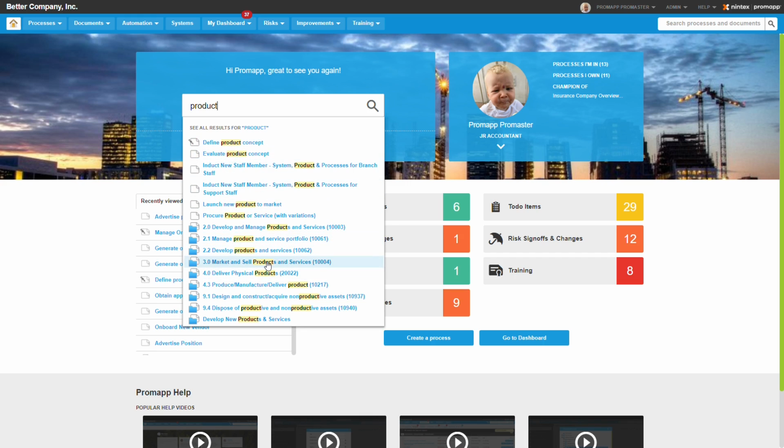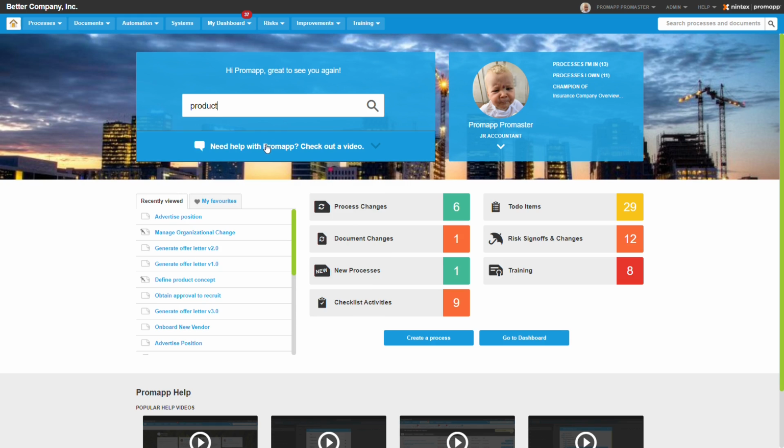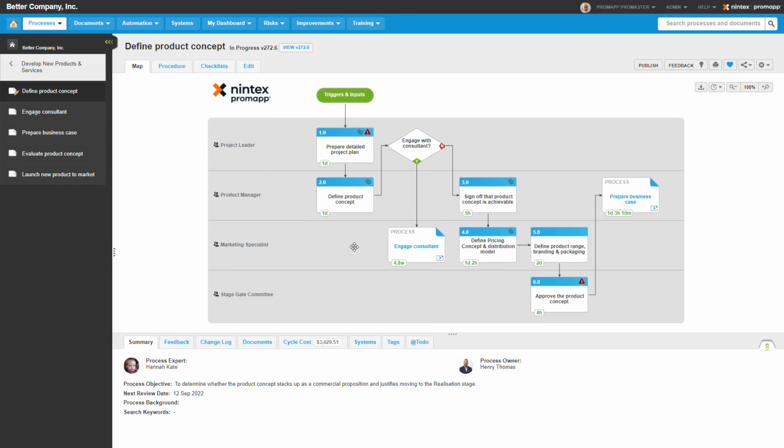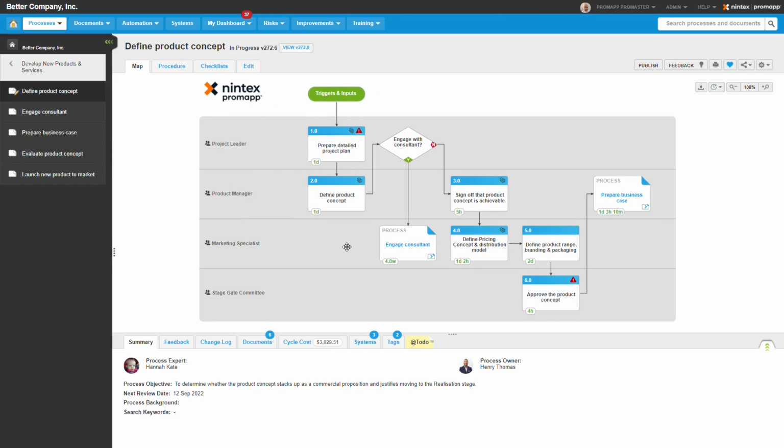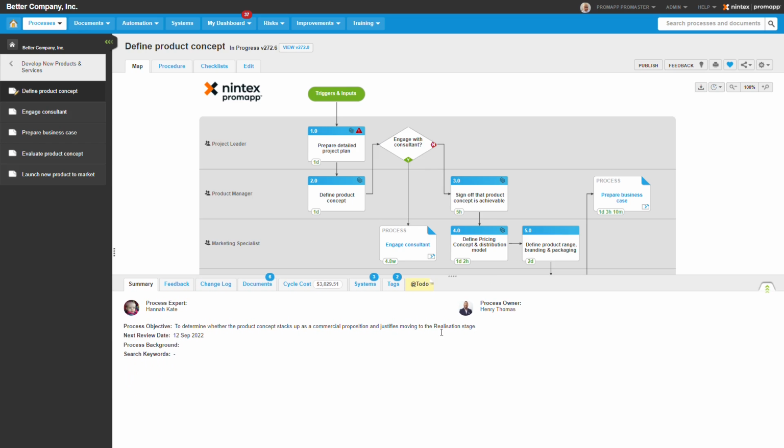And so if I'm a user, I can type in a keyword search into Promapp. I see the process that's going to help answer the question that I have, and I can click right into that process. It's going to take me directly there. And this again is that core view of process information as contained in the tool. This type of layout is very familiar, and we're going to look into that in more detail here in a moment. But first, I want to draw your attention to the information down at the bottom, starting with the summary